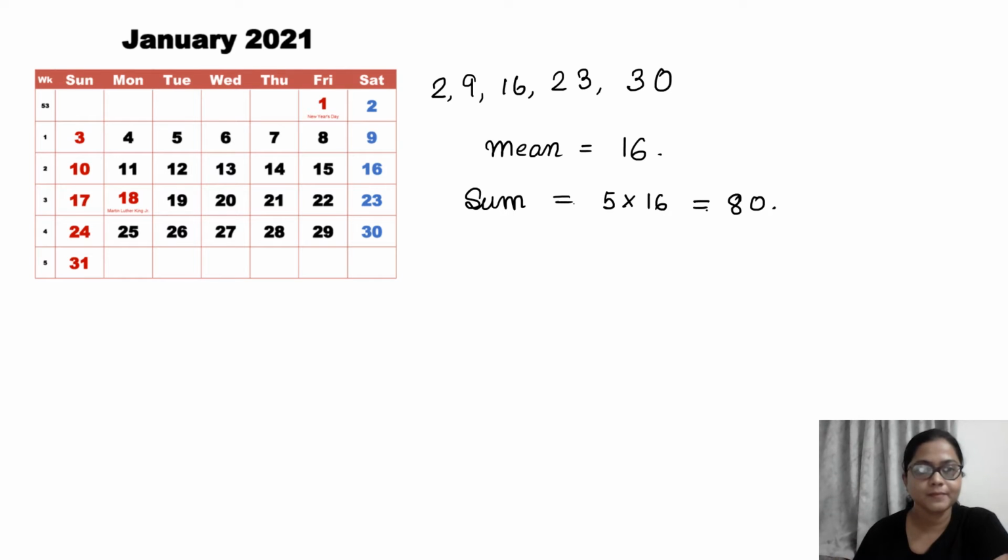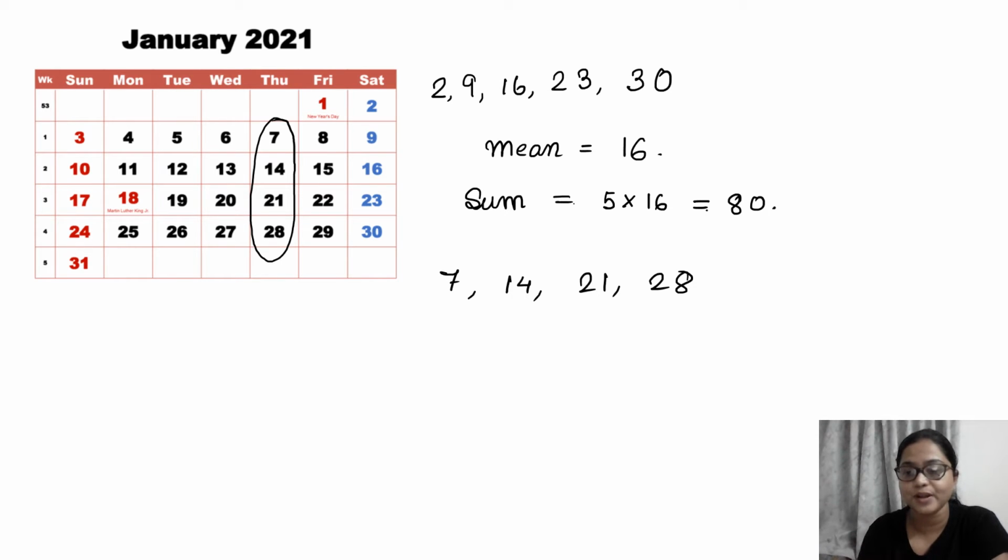Again, many observations we can find from this calendar sheet. One is this. Second one is, if we have an even number of numbers in the sequence. For example, suppose we are considering this column. The numbers are 7, 14, 21, 28. Here we have an even number of numbers in this sequence. What would be the mean then? We do not have the middlemost number. So here we'll first find out the sum of the numbers without adding all the numbers.